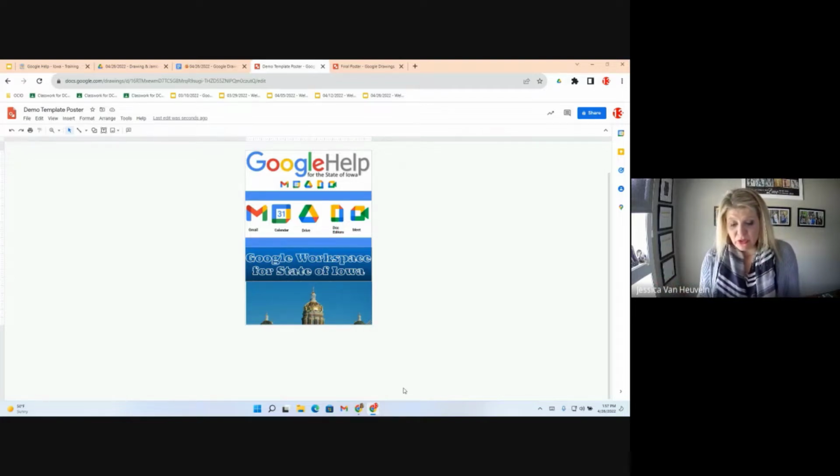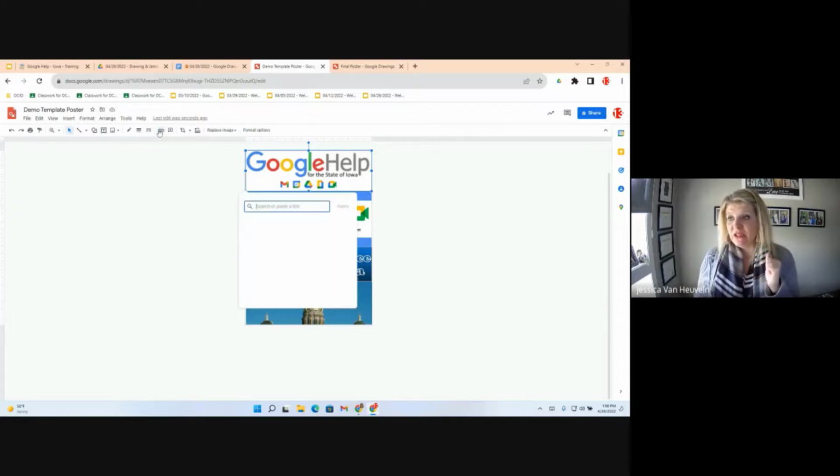Now I want to insert a link. You can insert a link to an image as well, because this could be helpful, like an infographic. Learn more about our stats, right? I'm not going to do it, but I'll show you. You just highlight the image that you want in that area that's placed on your drawing to be a hyperlink. Like if I wanted it to go to Google Help when they click on the banner, you highlight that particular area, and you can insert a link and add it to a particular website,